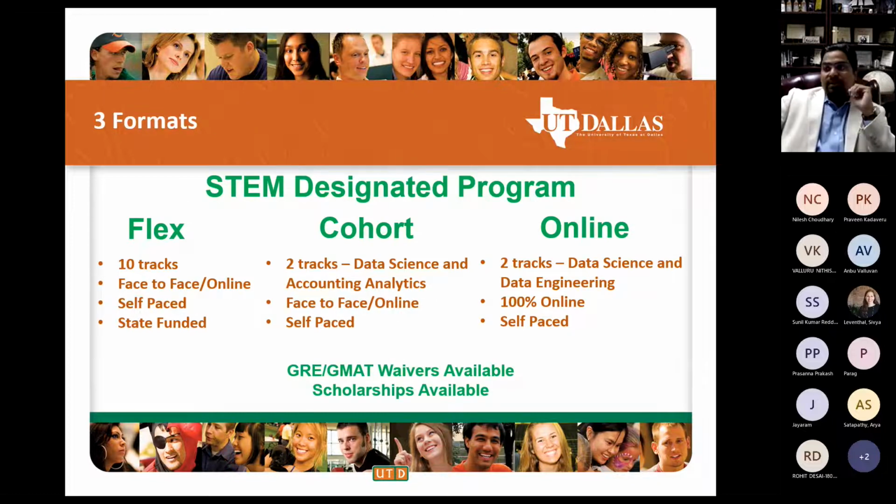Now we do have three formats in the business analytics program. One is the Flex that we are talking about right now. It has 10 tracks. Most of the classes are face-to-face. A few of them are online. It's self-paced and it's state-funded, which means as the number of credits increase in a semester, your per credit hour